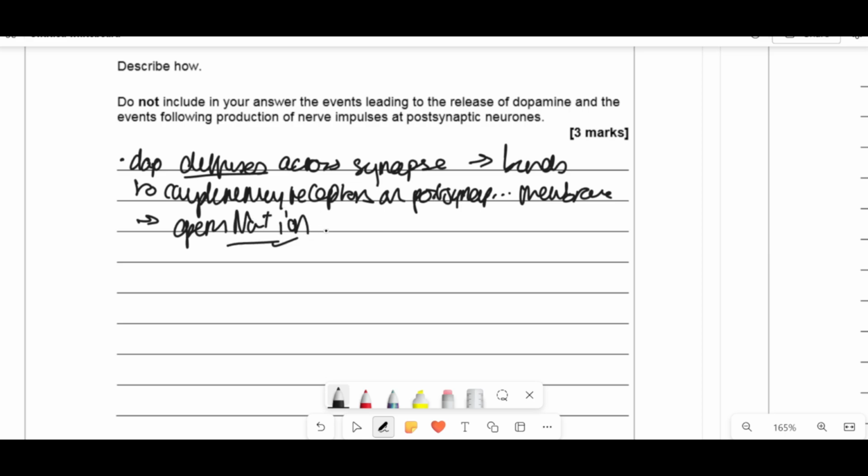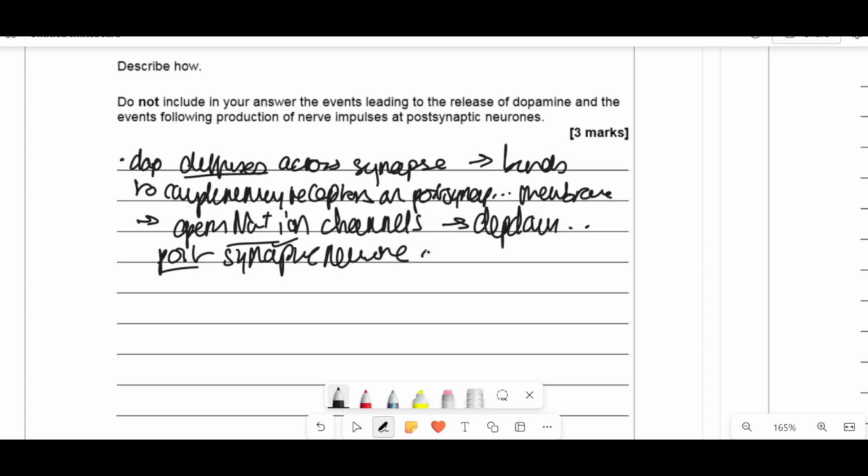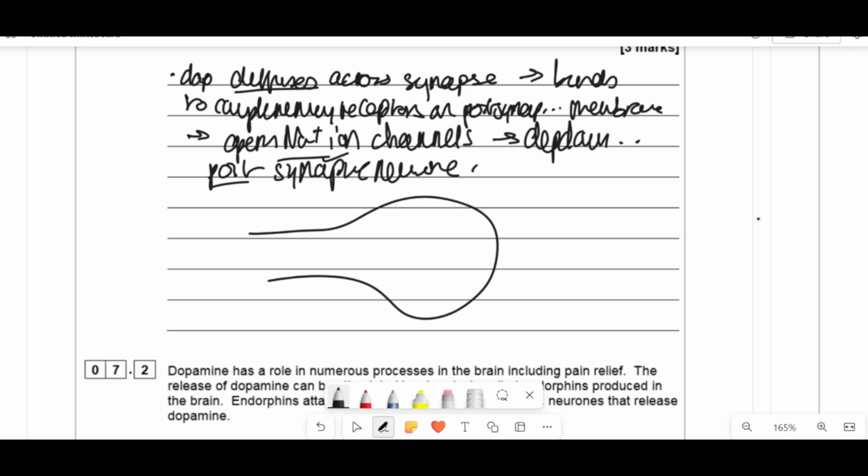channels. You can't say sodium. It has to be sodium ion channels. We don't have solid sodium metal in our blood and fluids and stuff. And then it leads to depolarization in the postsynaptic neuron. The reason that you need to make it clear that it's presynaptic and postsynaptic is some neurons,